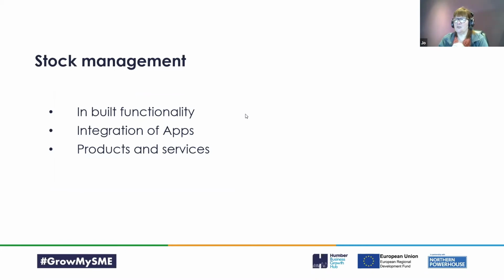You may need to upgrade to higher levels of functionality to get stock management or some of the other things that we've discussed. So stock management means that when you buy stock items, you can declare it as the purchase of stock items and it'll add it to your stock when you process that bill. And when you sell things, you can tell it that you've sold X, Y, and Z items of stock, and it will adjust that on your stock as well. You can do stock takes and adjust the stock level for any stock wastage.